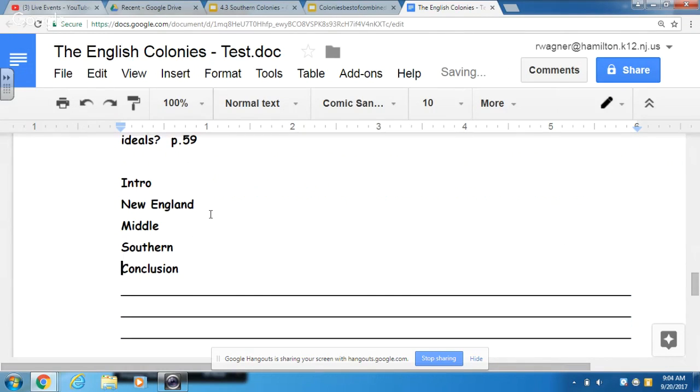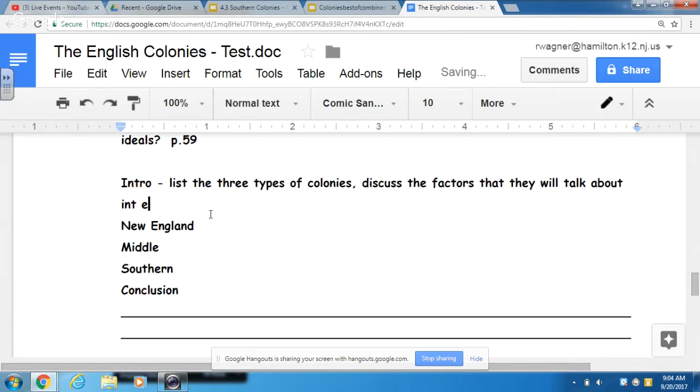In the intro, students will list the three types of colonies, and they will also discuss the factors that they will talk about in each body paragraph. And then in each paragraph, they will talk about these factors, and the factors would include,